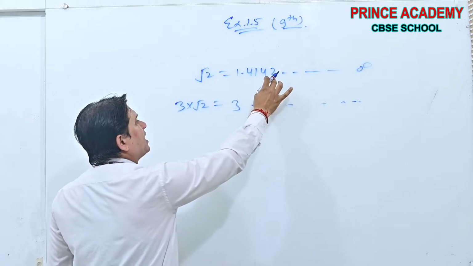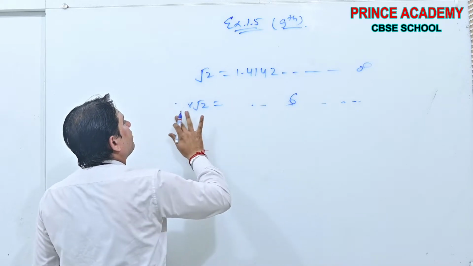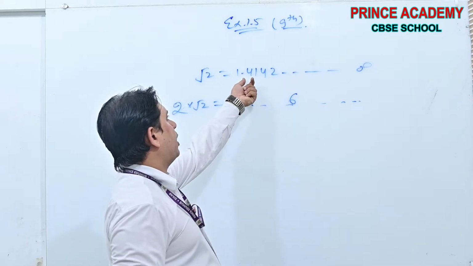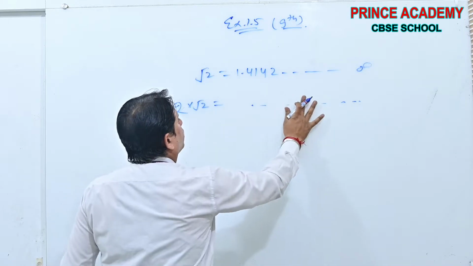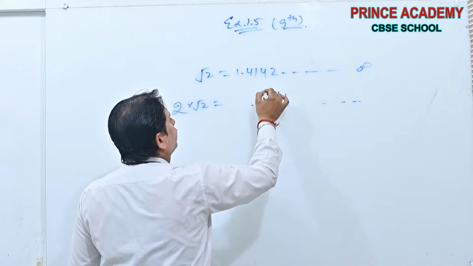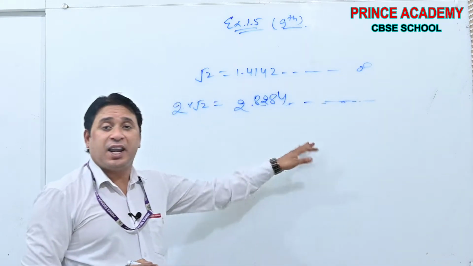Suppose we are starting here, 3 twos are 6. Let it multiply with 2. Otherwise you will ask, sir, how will we shift the carried digit here? This is normal. 2 twos are 4, 2 fours are 8, 2 ones are 2, 2 fours are 8, here it is 2 and so on. Then still it is irrational, yes or no?